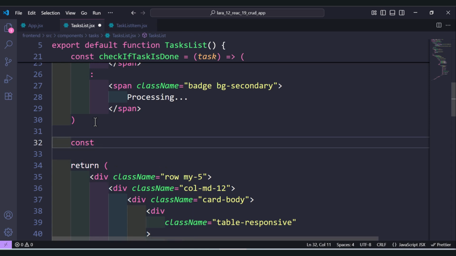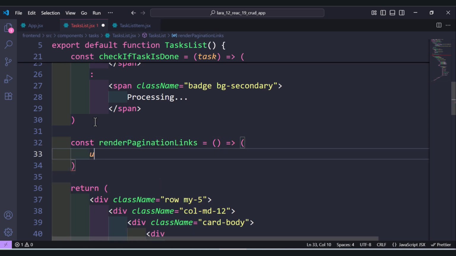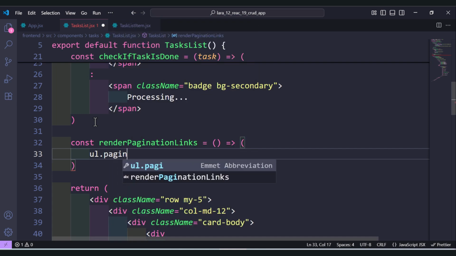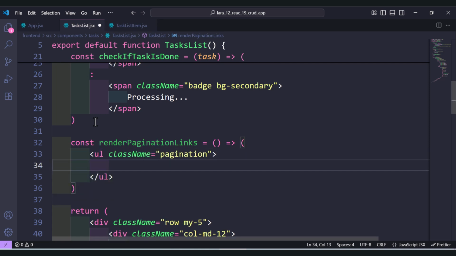So const, let's call it renderPaginationLinks. It will return JSX. So let's use here a UL with the class pagination, and inside, as I told you, so we need